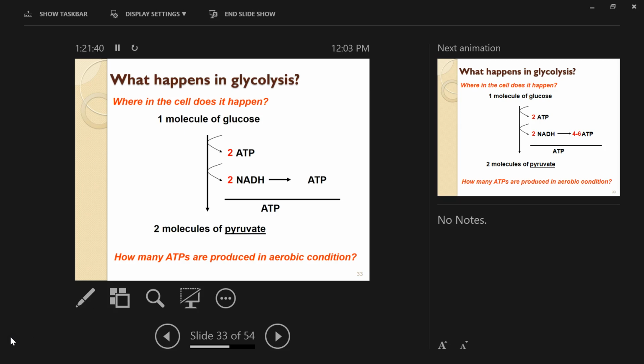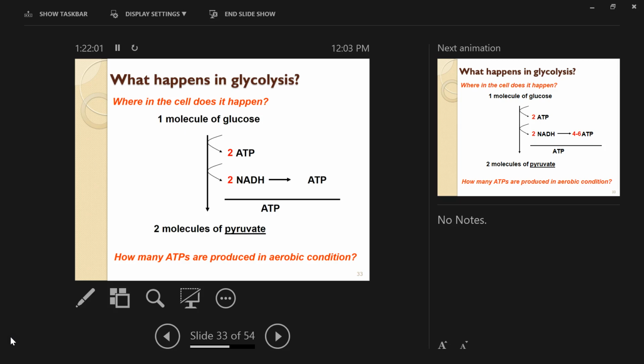They need some kind of transport system to help NADH produced in the cytosol get to the mitochondria, and